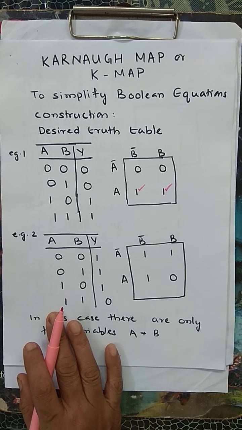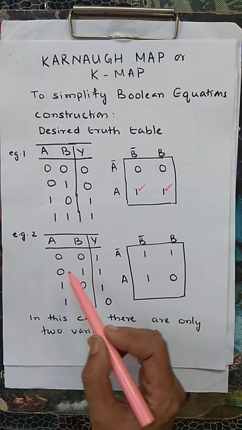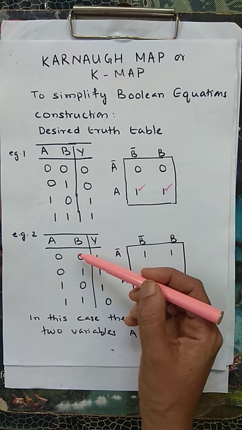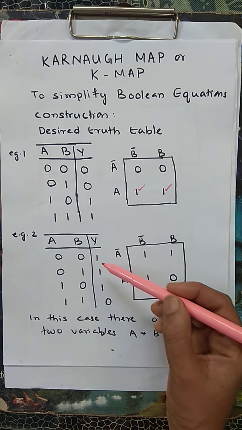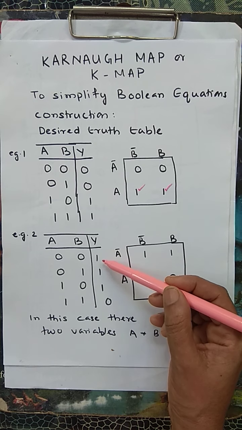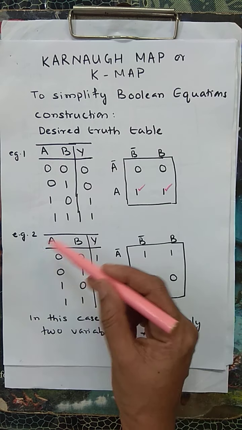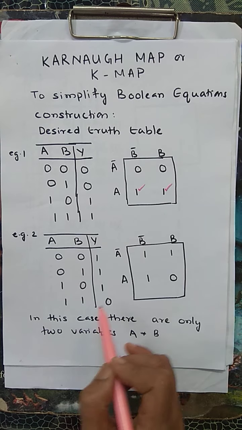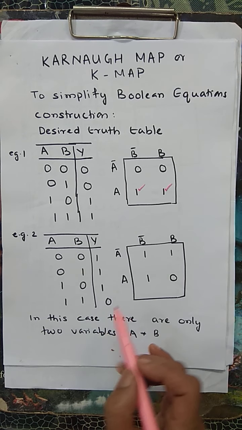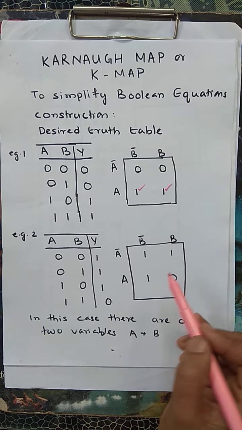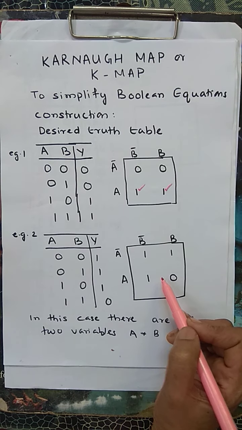Now let us look at another case. I have written down the inputs. Input will always be represented like this. Now the desired output. So this is your truth table. I have written down 1, 1, 1, 0. So this is the desired output for the logic circuit I am designing. So now again write down this table. You are going to draw the Karnaugh map. This is the Karnaugh map.